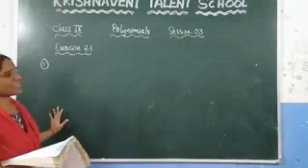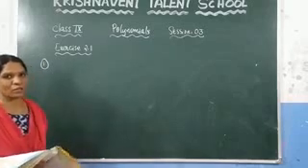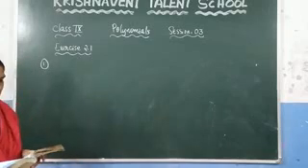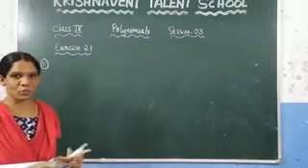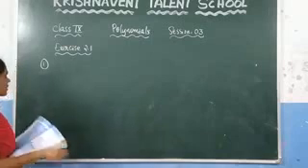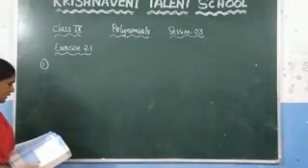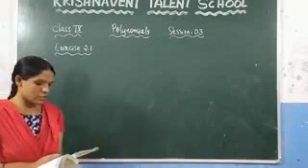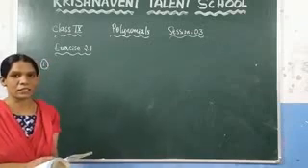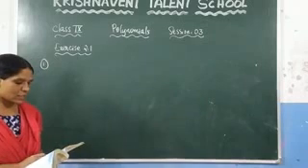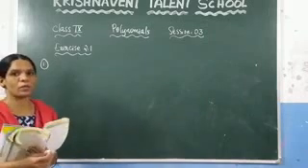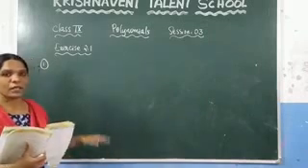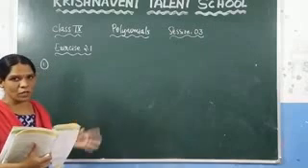In the earlier session, we discussed the introduction of polynomials, and based on that concept, we are going to solve exercise 2.1. In that, the first question, what is given? Find the degree of each of the polynomials given below. Before solving this question, you need to know what is meant by the degree of the polynomial. We already discussed what is meant by the degree of the polynomial. The highest exponent in each term we call the degree of the polynomial.